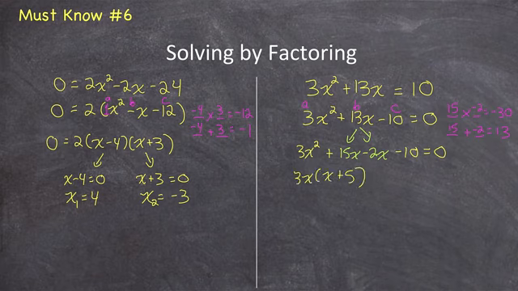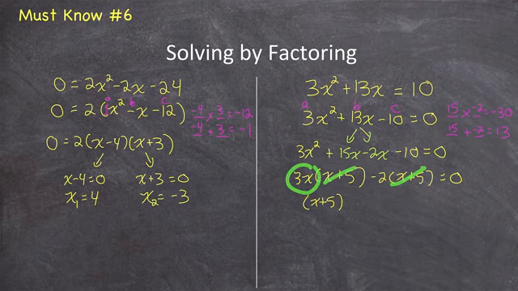I'll take out a 3x. And I'll take out a common factor from the last two terms. I'll take out a negative 2. I have a common binomial of x plus 5. I'll factor that out. And when I factor that out from both terms, I'm left with 3x minus 2 as